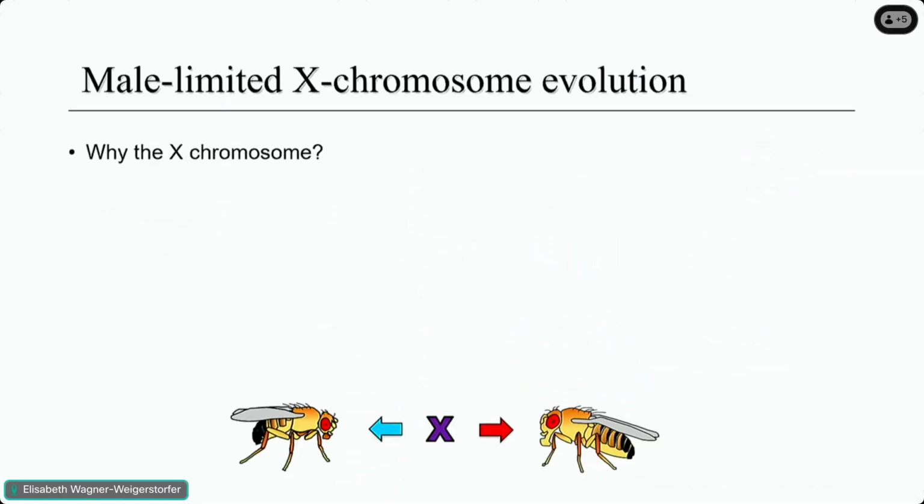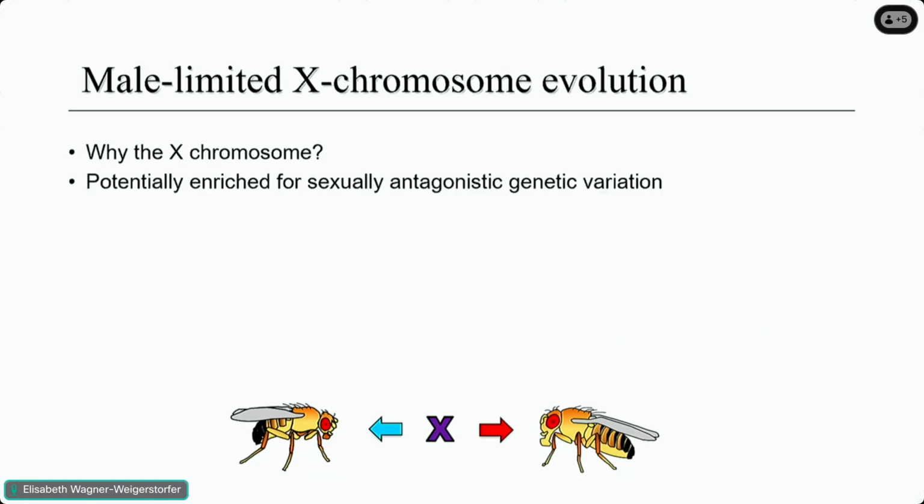Well, the first time around I did this sort of experiment, it was building on work by Bill Rice and Adam Chippendale, where they had taken sort of half of the genome, so all of the major autosomes and the X, and subjected them to male-limited evolution. And so we were interested initially in focusing on the X because of all of these dynamics that I was talking about, as well as the fact that there are some predictions that it should be enriched for